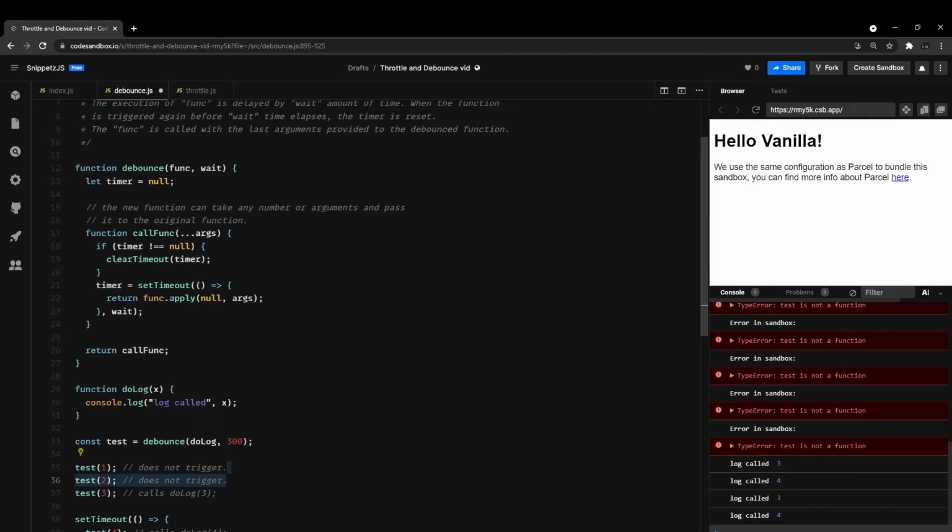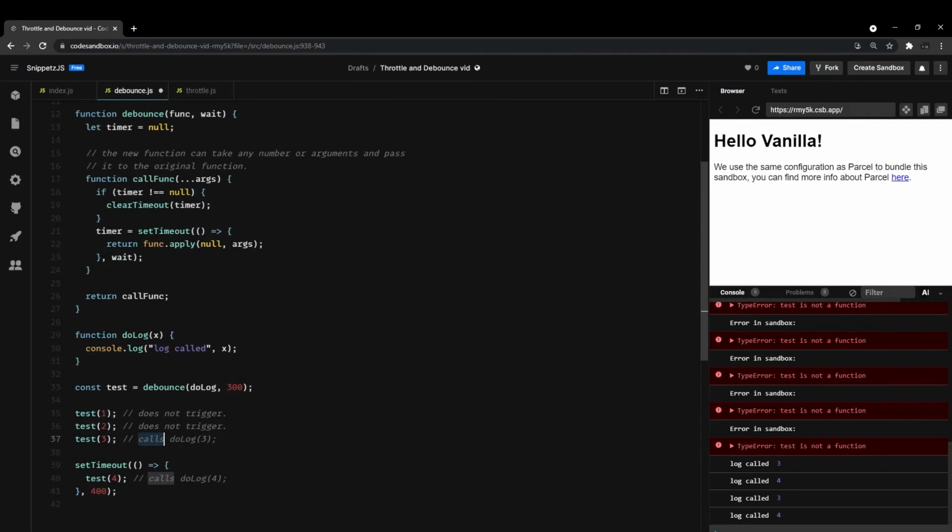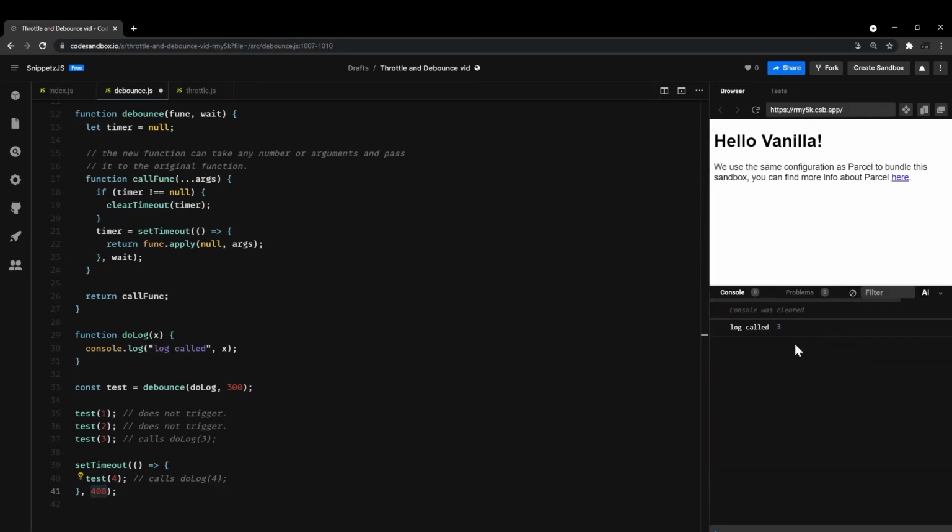Again, the same scenario happens when test3 is called. However, test3 actually calls do-log because we don't call test again until after 400 milliseconds. And of course, do-log4 gets called because there are also no more calls to test right after it. I'm gonna go clear this console and refresh that just so we can see clearly that log3 is called and log4 is called, but not test1 and test2. Hopefully it's clear what happened here, and it's time for us to move on to our next function, which is